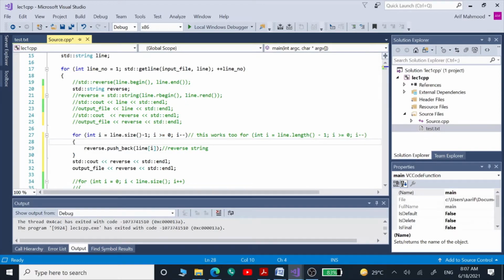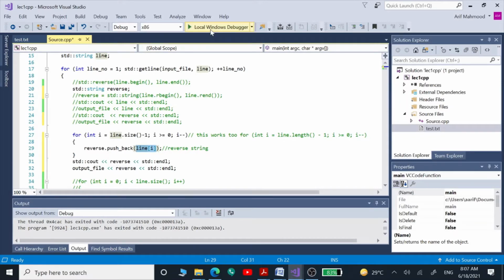So this is the way in the reverse direction we can run this for loop, and after that, by reading those characters one by one using this line[i], we can store those into this reverse variable.